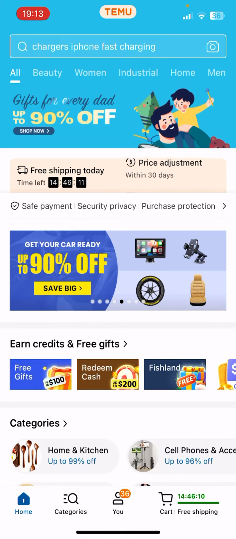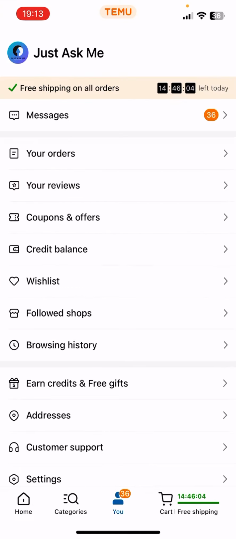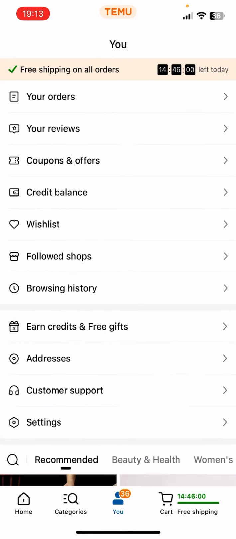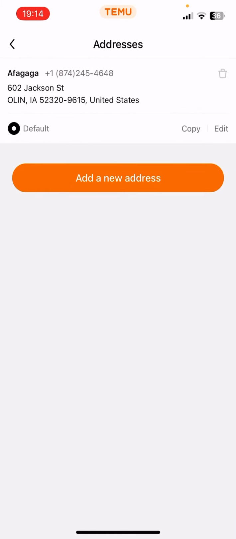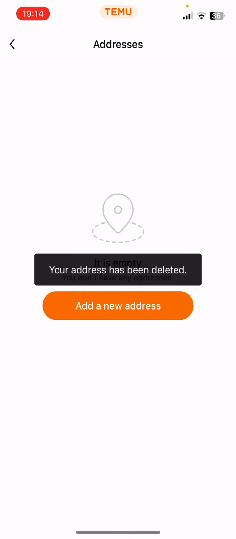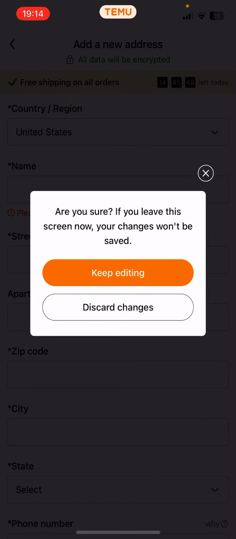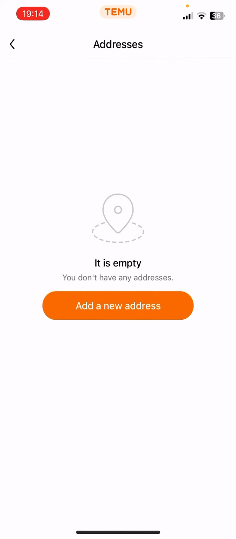Or if you want to add your address before ordering something, you can do it if you go to the U option on the bottom of the screen. Then you have to click on the addresses, and here you can see that I can delete this address if I want to. Then I can add a new one, and after that I can use that address, or I